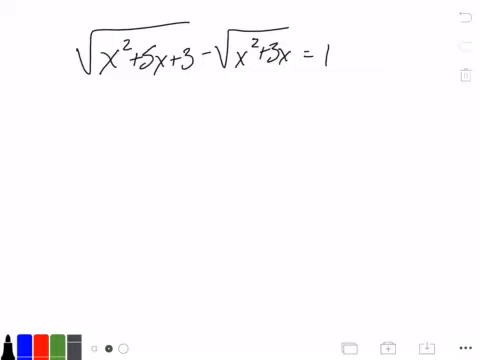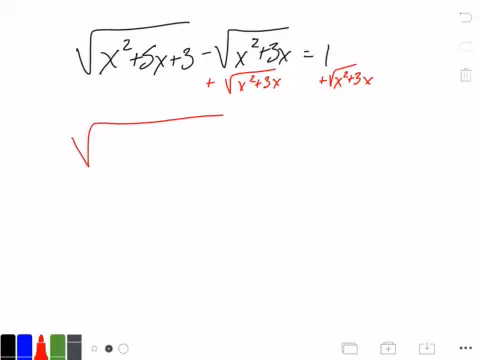Oh boy, this one's a little bit more difficult, but we do it the same way. Remember the steps. Isolate the most complex radical. If you look at this radical and this radical, you notice this one right here is a little bit more complex than the second radical. So this is the one that I want to get by itself. First thing I'm going to do is add this square root to both sides. That's going to leave me the square root of x squared plus 5x plus 3. All of that is going to equal